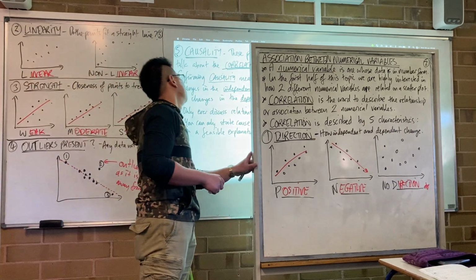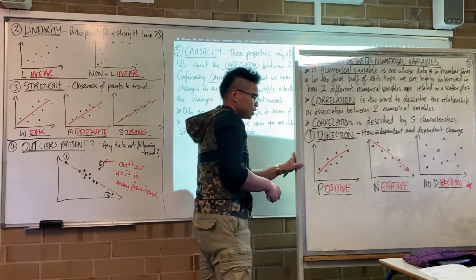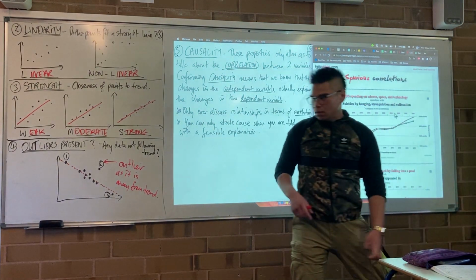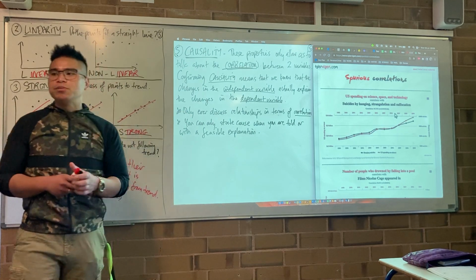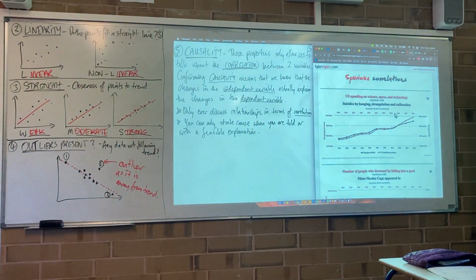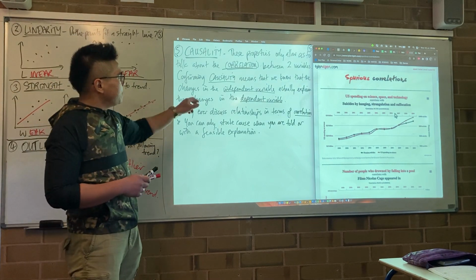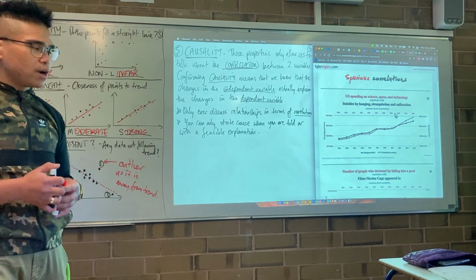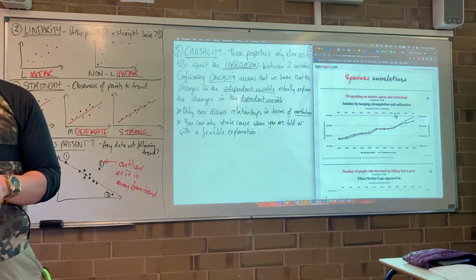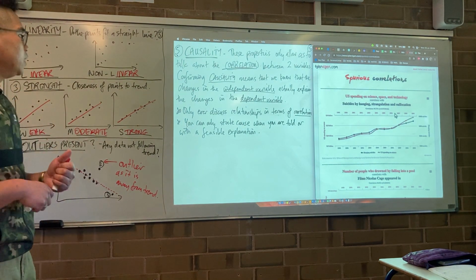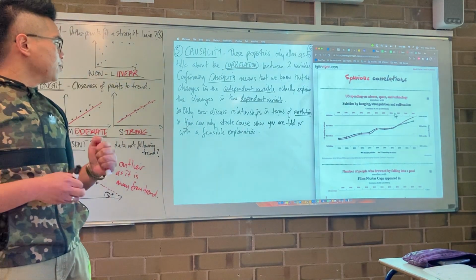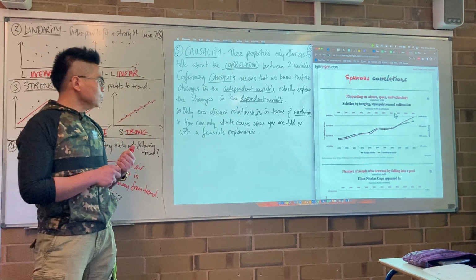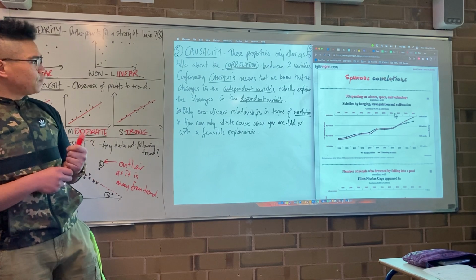The last thing, and then I can stop the video. The last thing is the idea of causality. These 5 properties that we just talked about describe the correlation between 2 variables. They don't explain causes. Confirming causality means that we know that the changes in the independent variable actually explain the changes in the dependent variable. Only ever discuss relationships in terms of correlation. You can only state cause when you are told there's a cause or where there's a feasible explanation for a